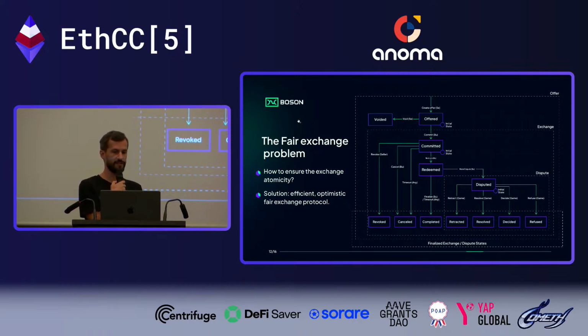In essence, the seller offers a thing and the buyer commits to it. If the buyer is happy, the process goes through very smoothly. The protocol assumes an optimistic path, so the process goes just through the middle vertical line here from offer to buyer commit and then redeem for the physical thing. With that, there is really no other transaction needed for the trade to complete, and that's it.